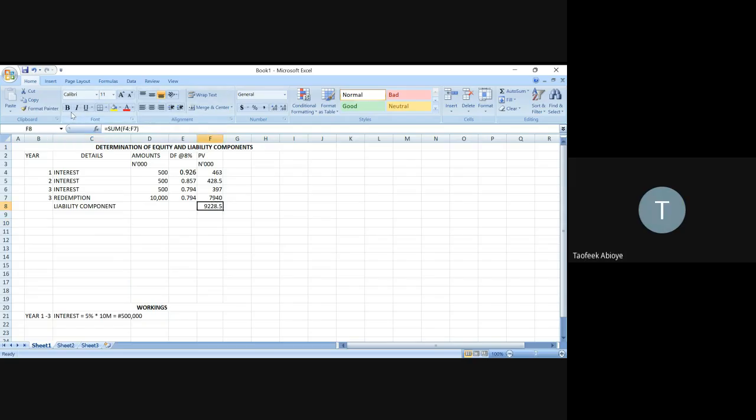So for that convertible, is it bond or loan notes? We said it comprises convertible and equity, Abi, and we must split it into equity and liability components. So this is the liability component. This is the liability component. So to get our equity component,